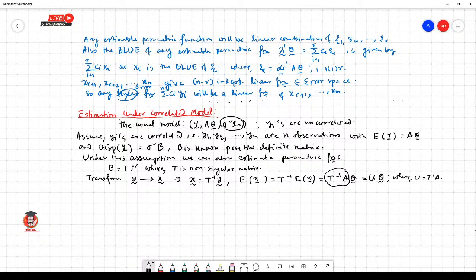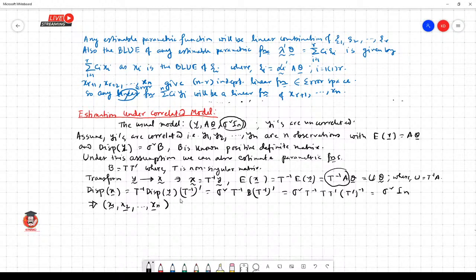And the dispersion of x curve is equal to T inverse dispersion of y curve T inverse prime, so this is equal to sigma square T inverse B T inverse prime, and B is TT prime. We know T inverse prime equals T prime inverse, so this is equal to sigma square I. So using this transformation we see that x1 curve, x2 curve,